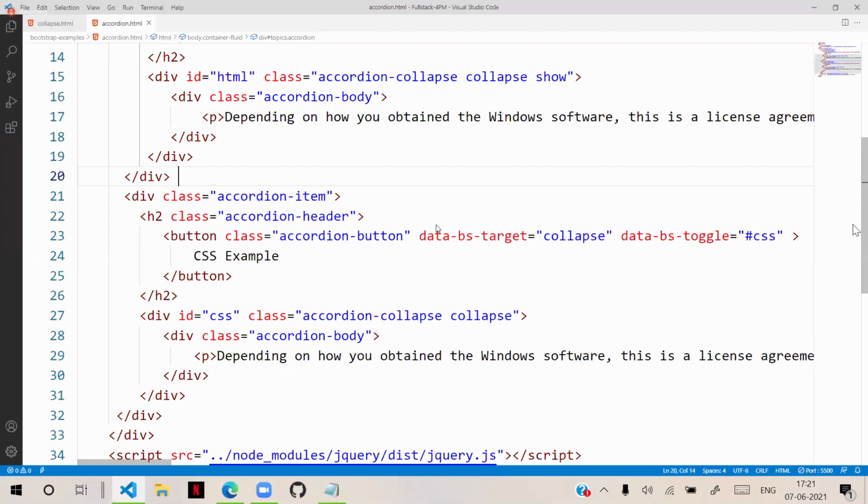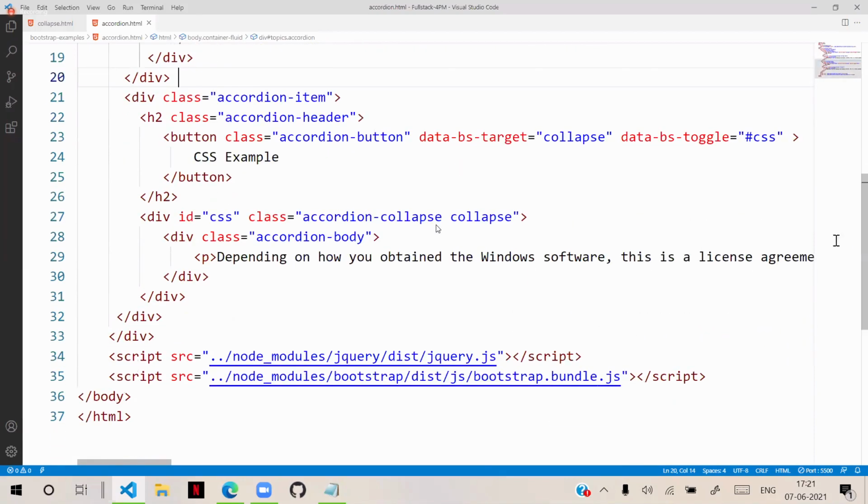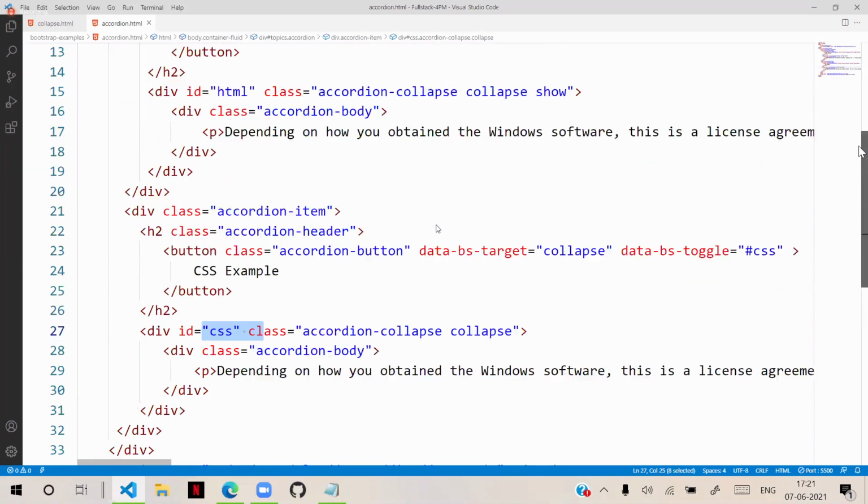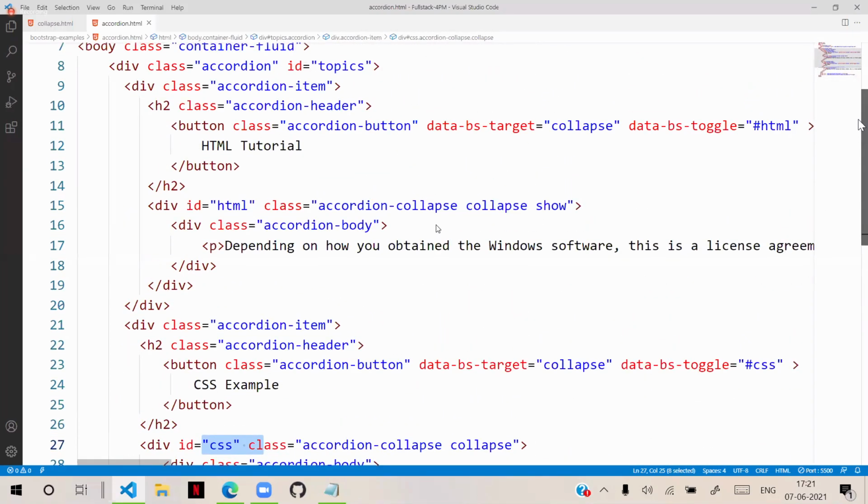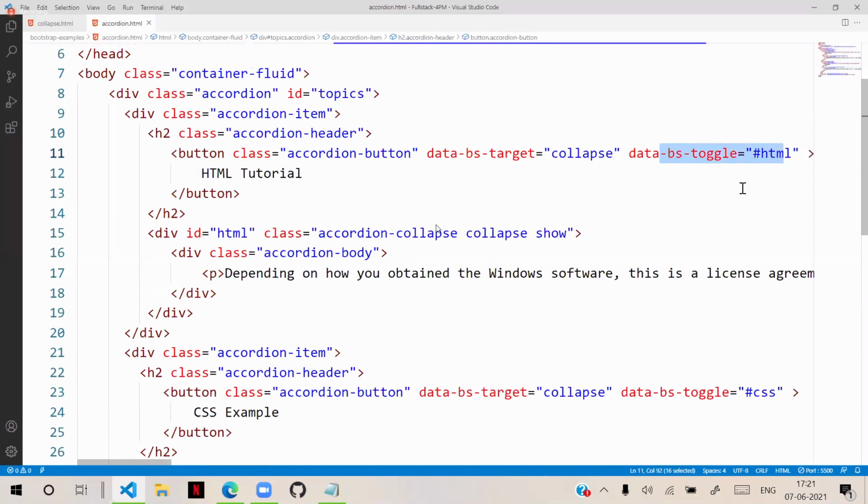One should work for collapse. It should work for this ID, CSS. Another should work for this heading. Heading ID we need to define. Accordion style means once one is showing, another one will be hidden. That is the approach it follows actually. So we need to use the same concept.